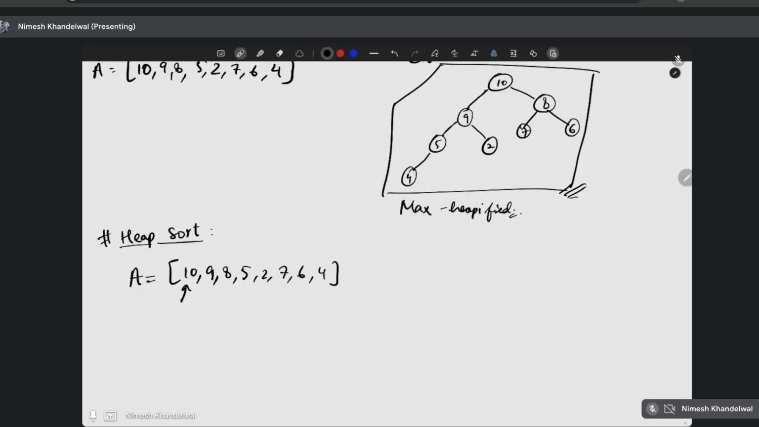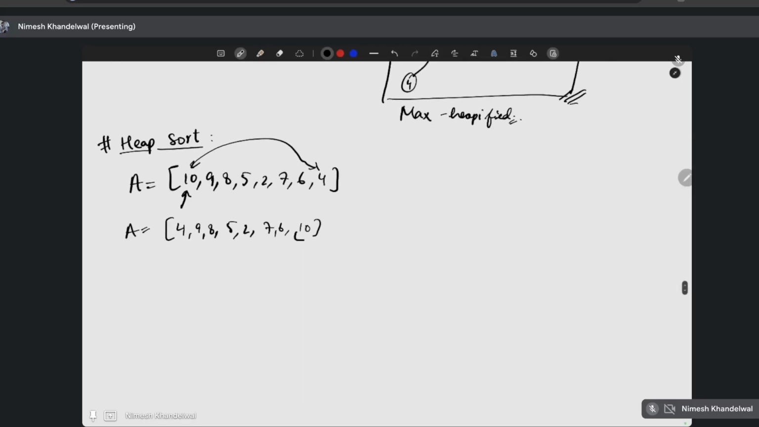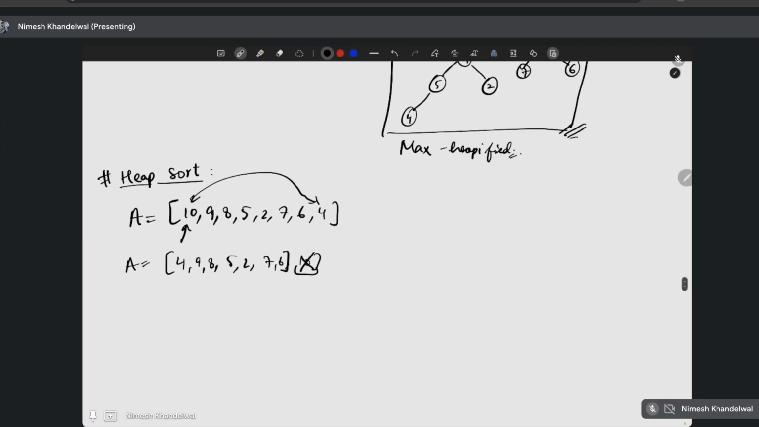And then what we do is we swap the maximum with the last one, always. So after the first one, it will be 4, 9, 8, 5, 2, 7, 6, 10, and then we push 10 out of the heap, right? So 10 is now no longer part of the heap. Our heap size has reduced by 1. So if I draw the tree now,